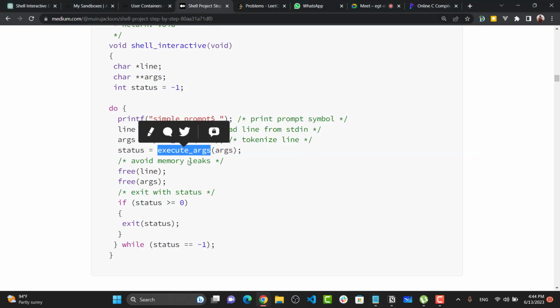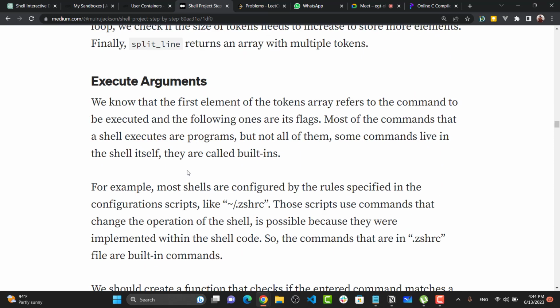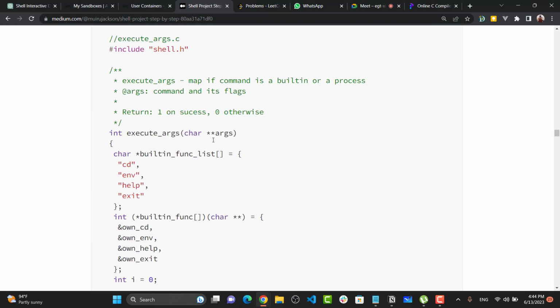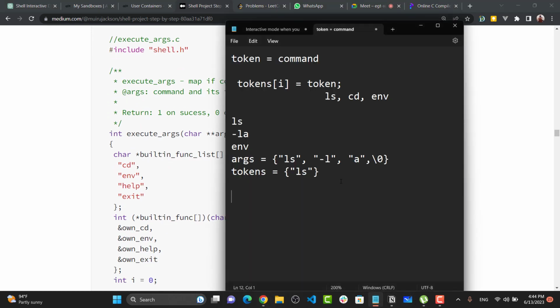So let's go to our function execute args. The first thing we should know is that commands in a shell have two types. The first one is built-in commands, and the second one is files. So what does that mean? Built-in commands come with the shell itself. The shell itself has these commands and has everything about them. Or you can say they are developed by the shell itself. But files, that means there are other programmers or developers